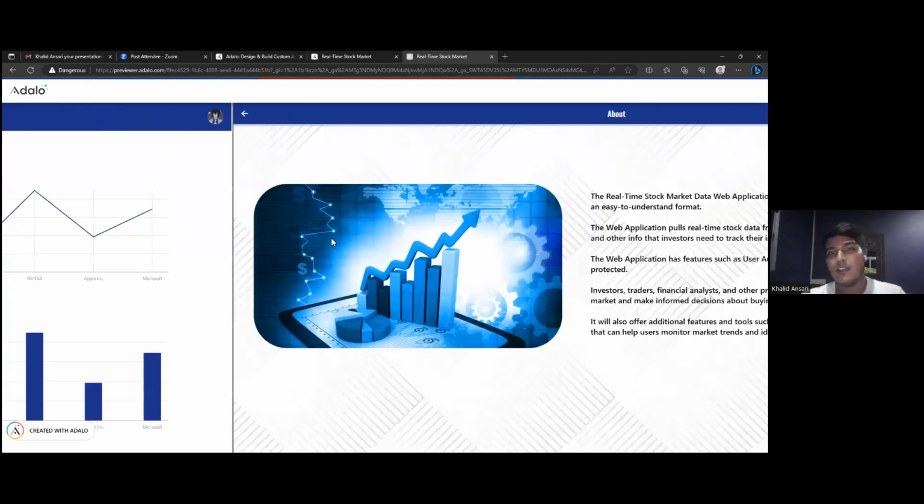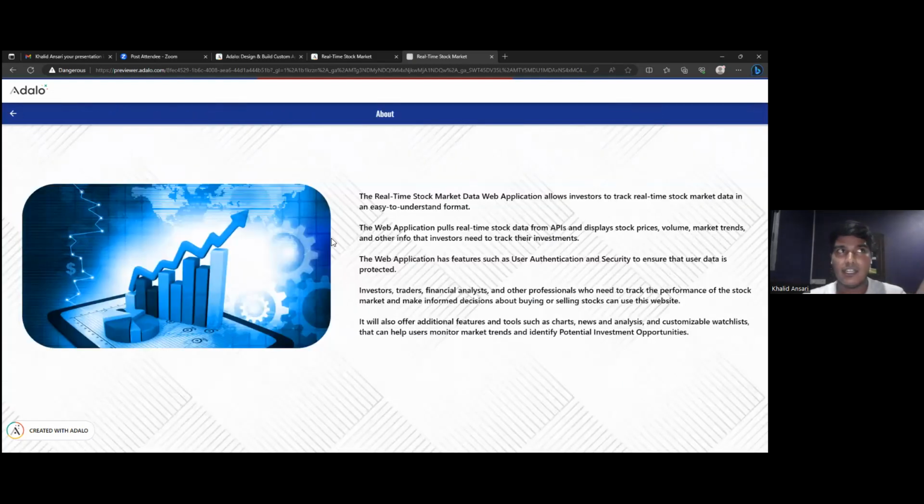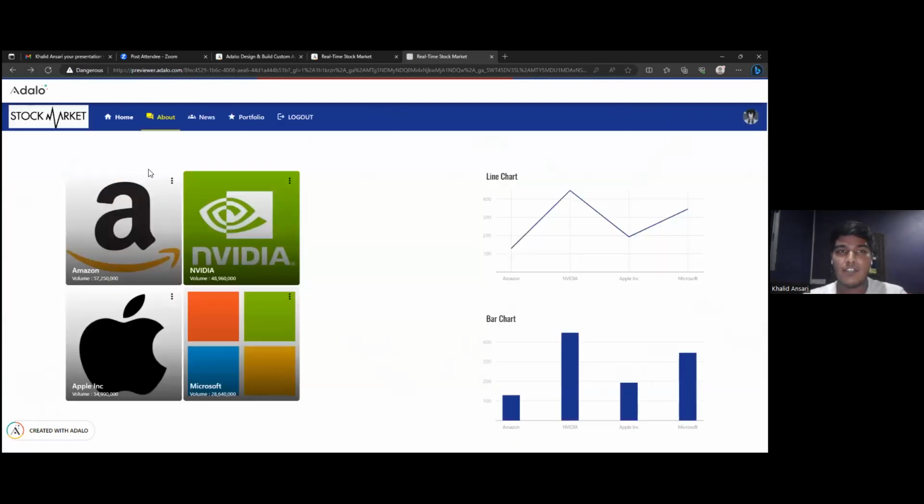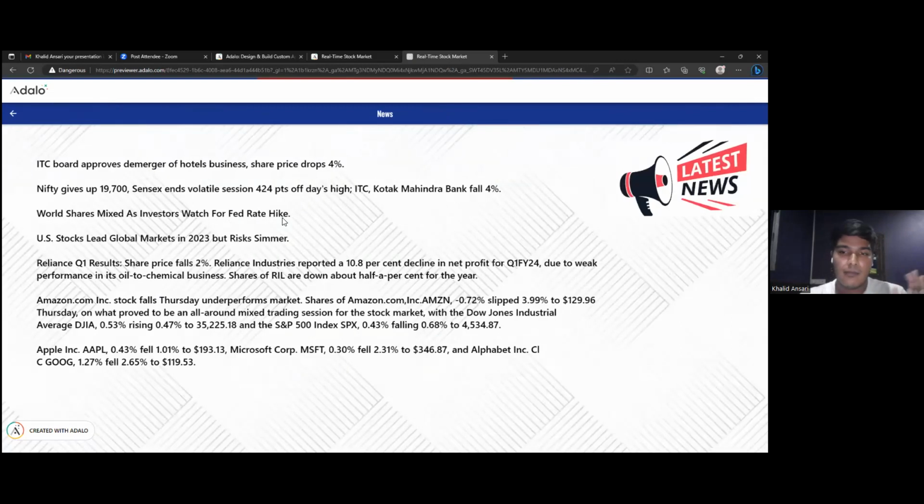This about page, as discussed, shows what this app is about. It shows what our app does, what features it offers, and all. Now we can go back to the previous page using the back button, which is provided in the components directly. We link it to the previous page directly. In the news page, basically in the previous presentation,